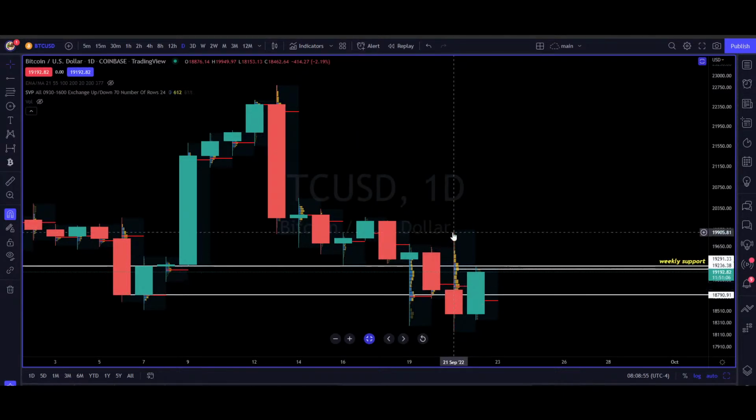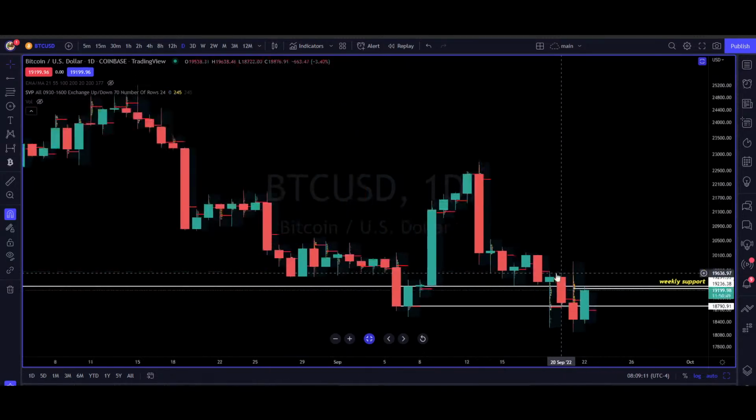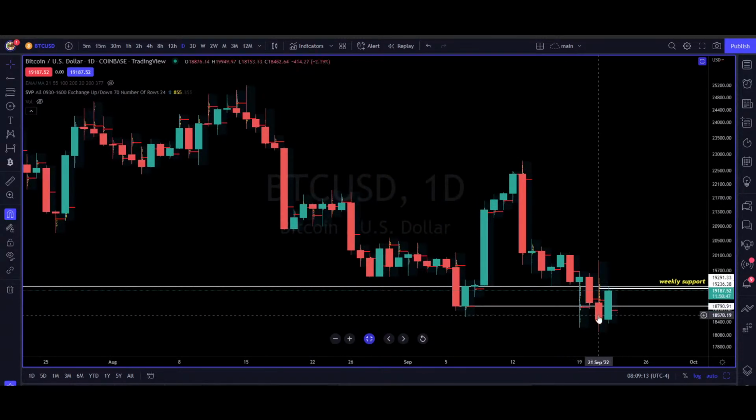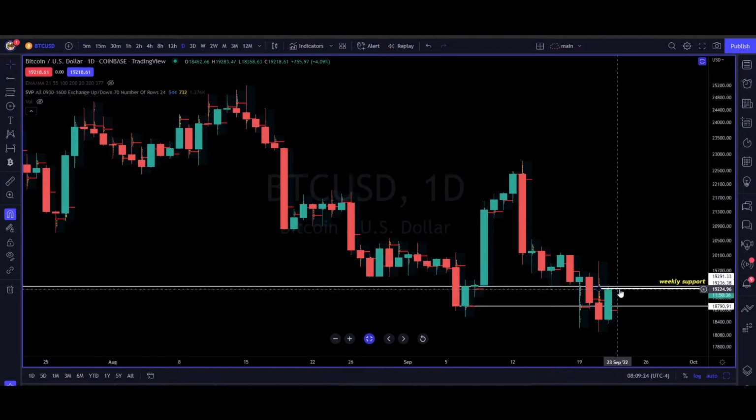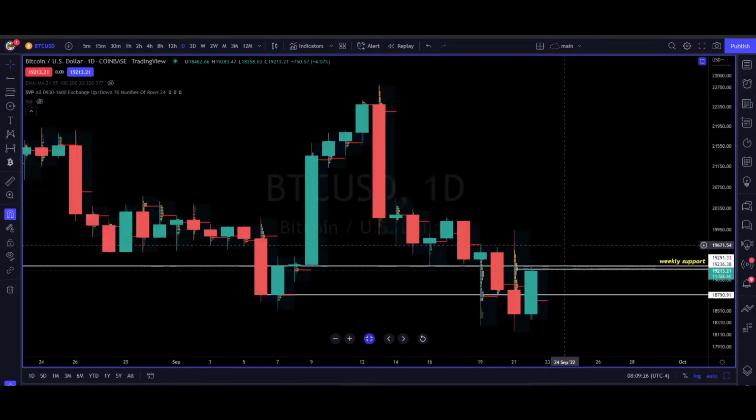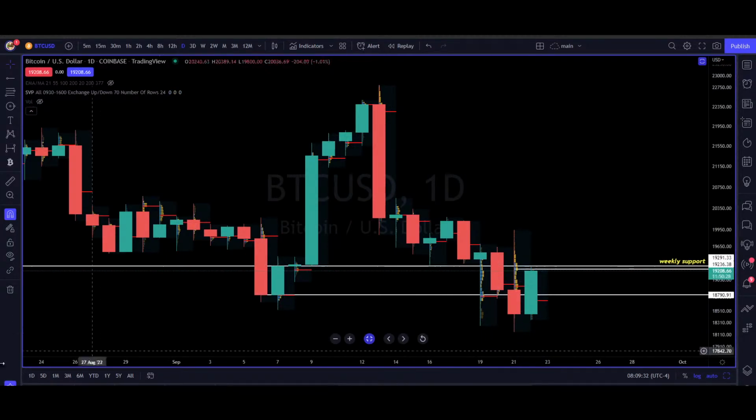In order to make today a trap, you got to take out yesterday's high, and that's all the way up there. Is it possible you do it today? Probably not likely. But in the next 3 or 4 days, you could. So if you do get back up there, then you will be looking or potentially looking to buy supports. We definitely don't like shorting into support, but we broke down. Yesterday, we showed you that monthly support, weekly support had already been broken down. So now we are testing weekly support pretty much to see if the supply kicks back up there or not. If it does, we're going to take a short entry and we're going to be targeting today's low.